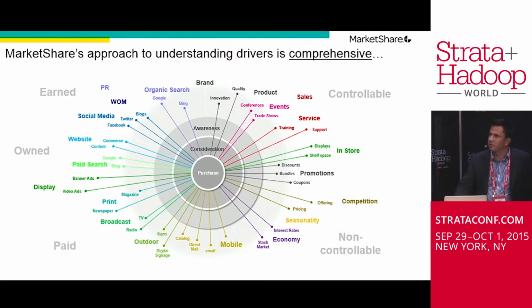Just to give you an idea of the kind of data that we're dealing with, and I'm not sure if you can see all of that small text around the edge, essentially we've got a mixture of different types of inputs that we're putting into these models. Some of them are things that the client controls, so for example advertising, promotions, events, etc. Some of them are things that are outside of the client's control, so that could be, for example, the climate, the economy, competitor actions. So all of this data feeds into the models that we have, and really what we're